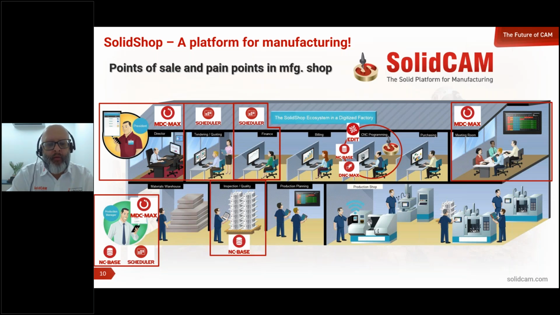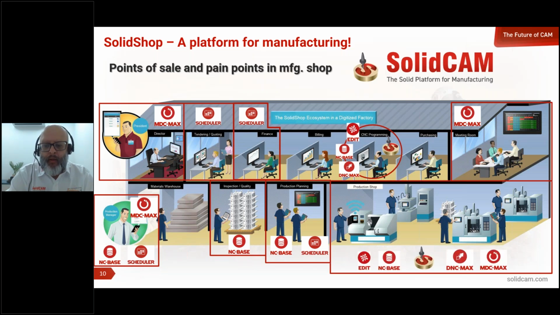Inspection quality can manage inspection plans and quality documents in the PDM. Production planning can see the availability of processes, programs, fixtures, everything, and also plan the capacity of the shop. And in general, there is the area where we normally serve as the final consumer of the G-code we generate in the office. We can also cover them with DNC and monitoring and all that, but also shop floor, SolidComfort Operator.